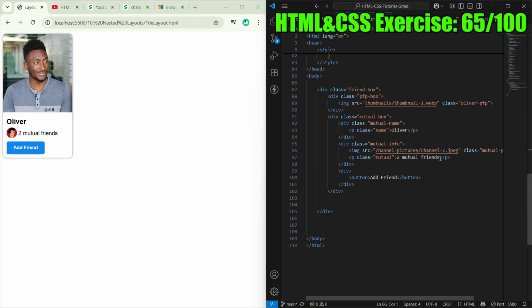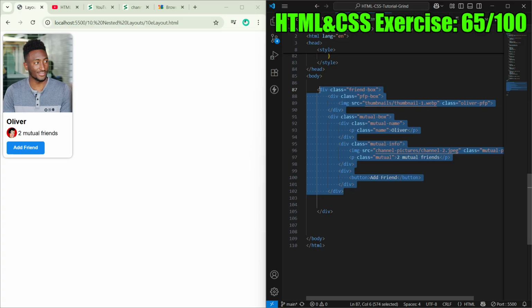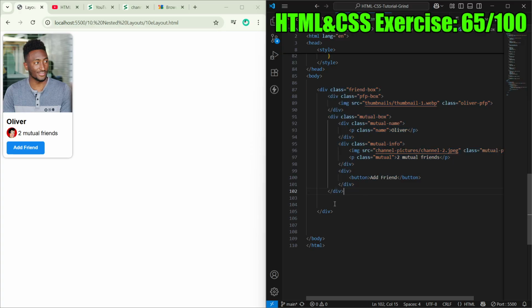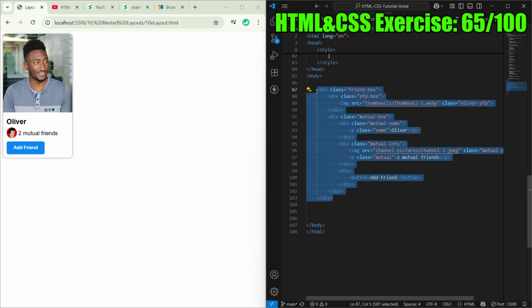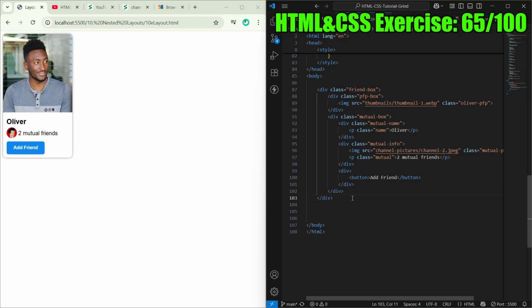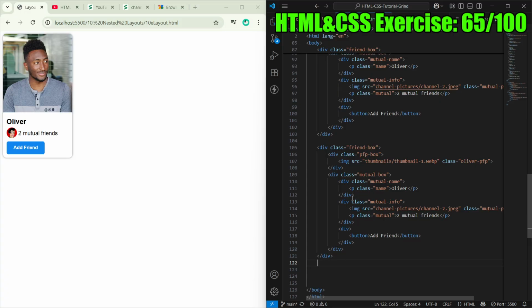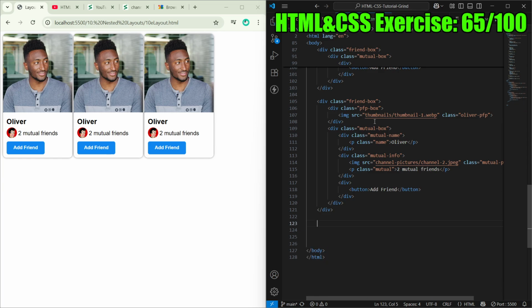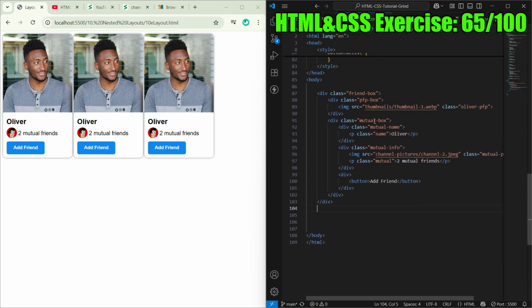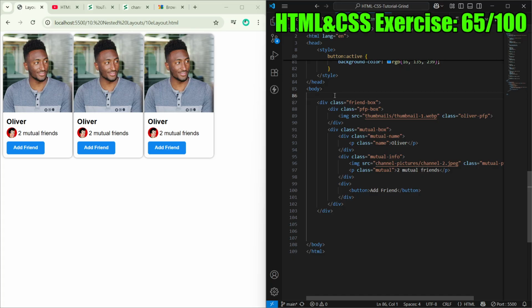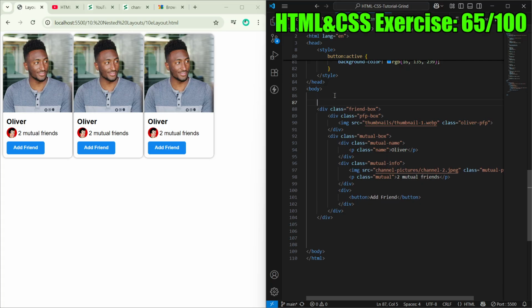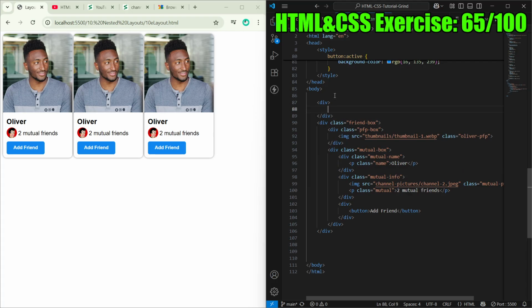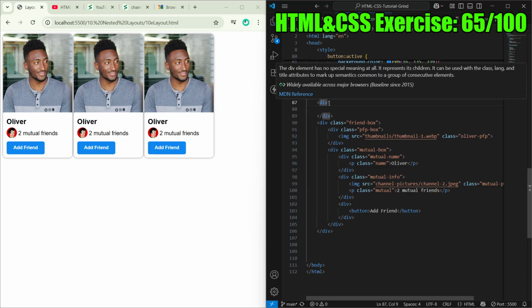So now, all I have to do is copy and paste it. Never mind. And just copy and paste, change the different profile pics. Yeah, boom, boom. All right, I have to wrap everything in a larger div. So I need a div, and I call this